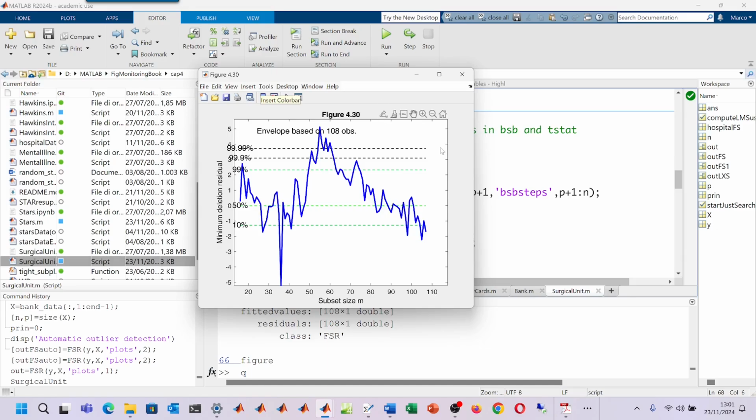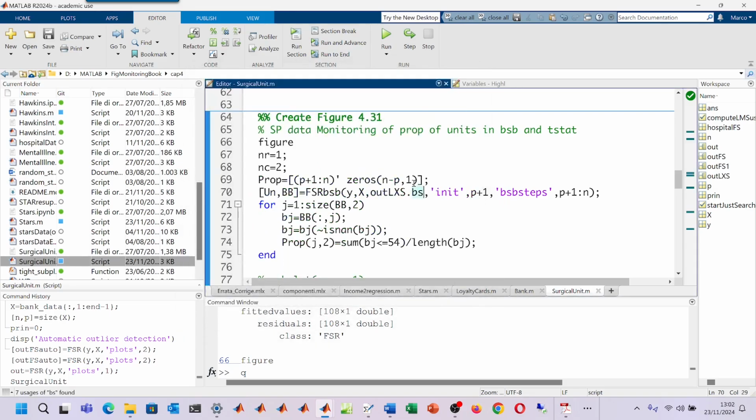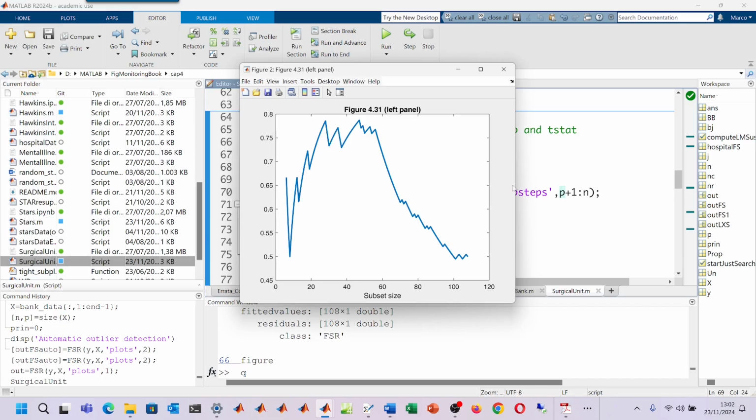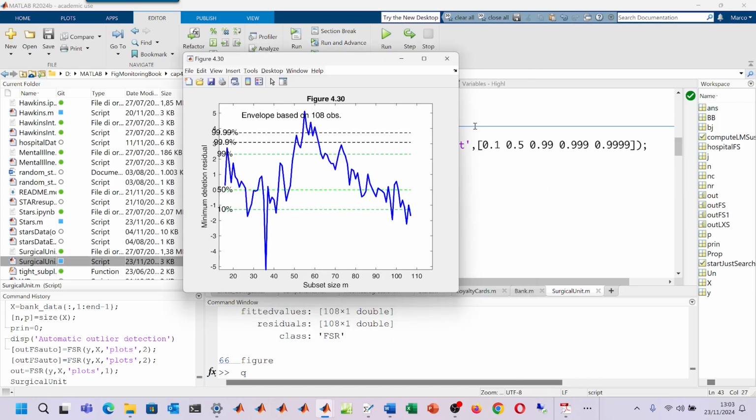This is the plot that we have seen before of the minimum deletion residual, but this time using horizontal bands. Once again, you can see that there is an exceedance in the central part of the search. We now have to check what is the proportion of the units entering the subset in the different steps. So this is figure 4.31. These data are taken from a book by Neter, in which they introduce data on logged survival times of